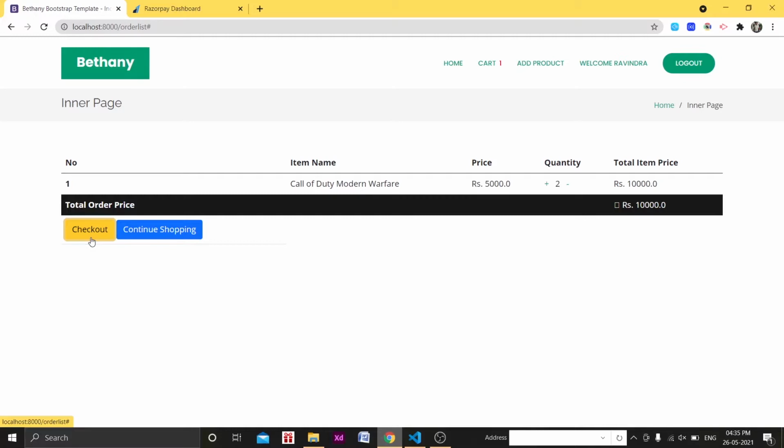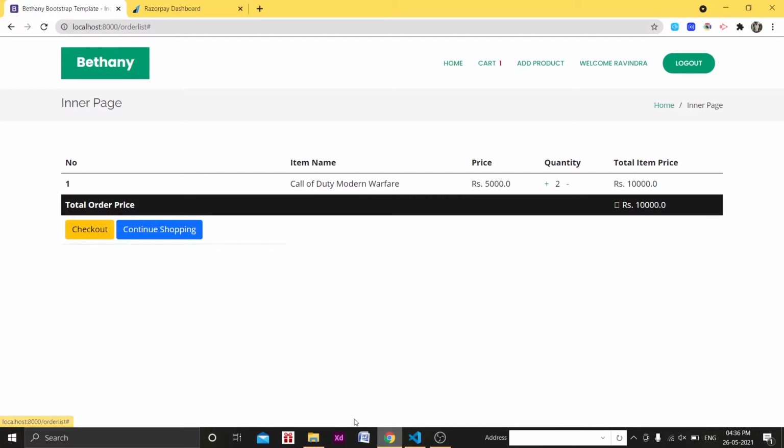So what I'm going to do right now is, when the customer clicks on the checkout button, he will be directed to the checkout address page first. He will be prompted to input all his address details, and then after clicking on proceed, we will be storing his checkout address in the database, and after that we will pass him to the payment page. And if he already has set up his checkout address, then he will be directly redirected to the payment page. That's what we are going to do in this video.